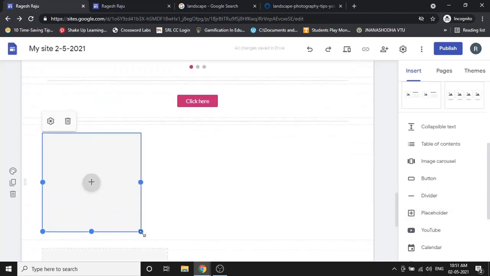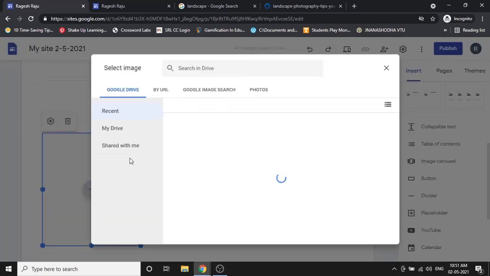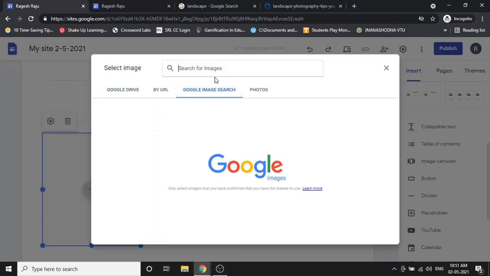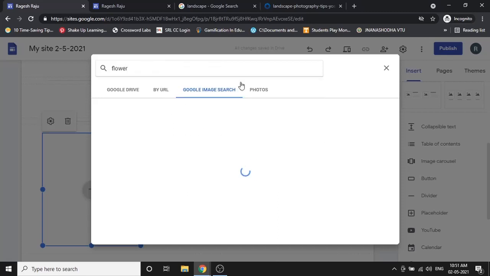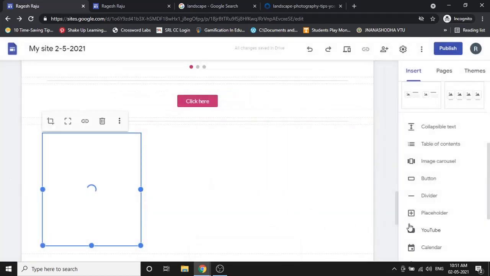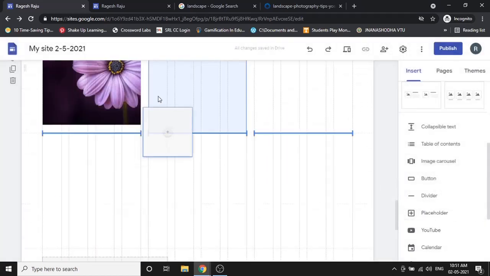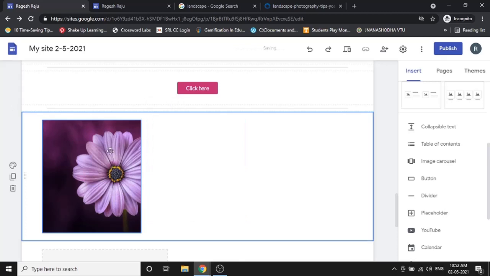Okay, so there is a placeholder which is added here. So I just select an image. I just added an image and it is getting loaded. Again I can add a placeholder. So if you want to place some things nearer to that, a placeholder is always a better option, right?